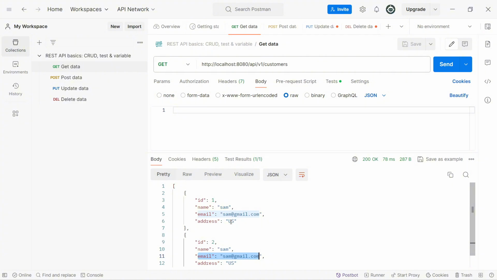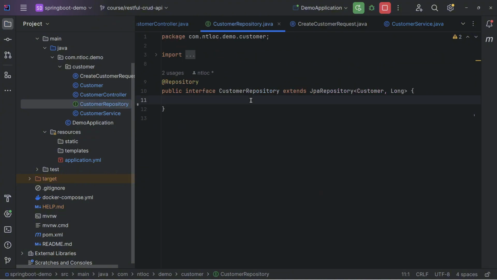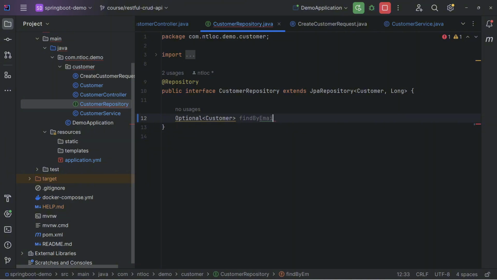To handle this case, let's go back to IntelliJ. Before we do more business logic, go to the customer repository, and in here I would like to have a query Optional<Customer> findByEmail. Currently, we are using Spring Data JPA, so this query will be created based on the method name.